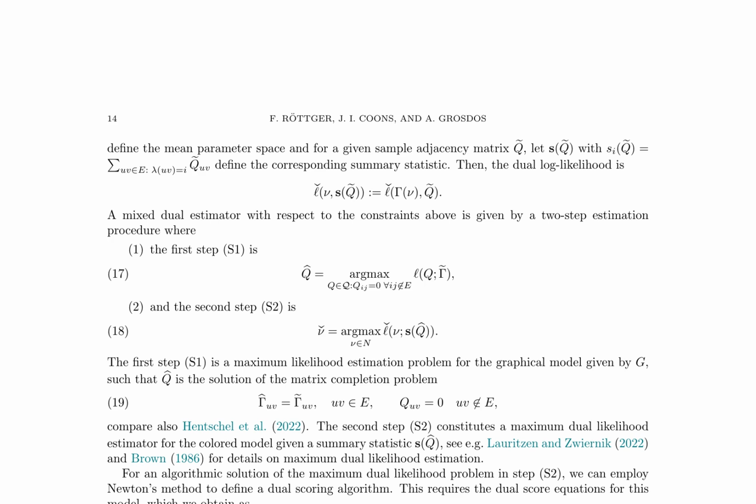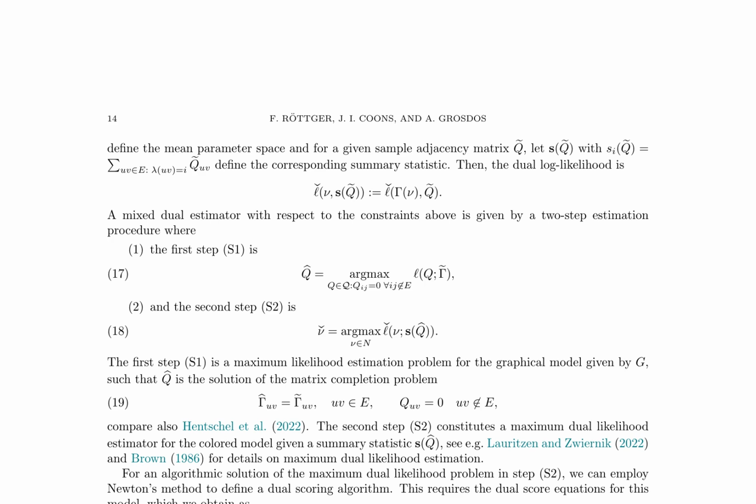Step 1 involves solving a matrix completion problem to obtain the estimated matrix BQ, ensuring B gamma UV equals E gamma UV for all UV in E, and Q equals 0 for all UV not in E. This is a maximum likelihood estimation problem. In step 2, a maximum dual likelihood estimation problem is solved for the colored model, given a summary statistic S, BQ. This step requires the dual score equations, derived as the partial derivatives of the dual log likelihood with respect